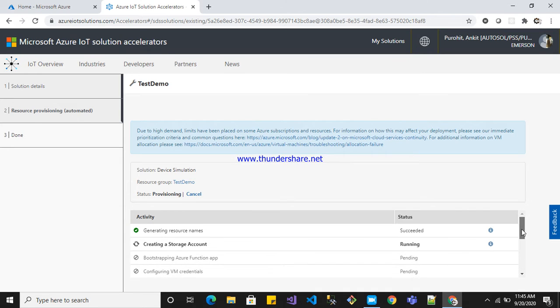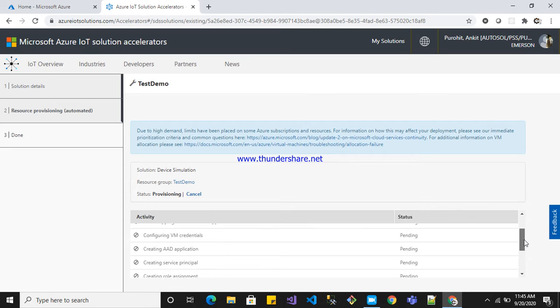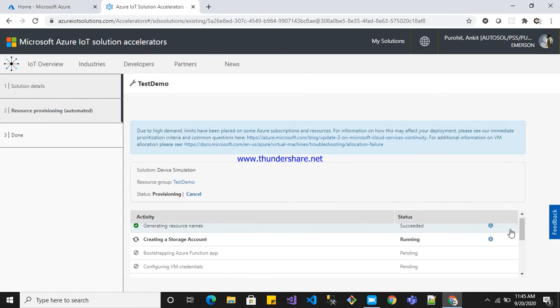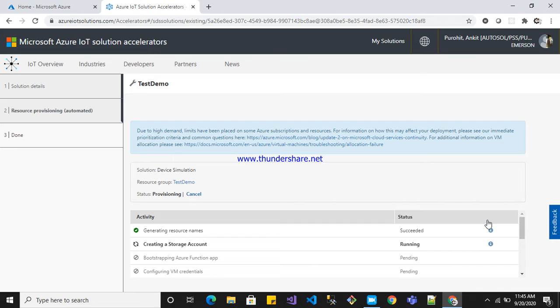Below, in the grid, the activity status has started. There are different activities there: creating a storage account, configuring VM credentials, the AAD application, and after that creating resources in Azure. So we'll wait some time. It will take approximately 20 minutes, more or less.